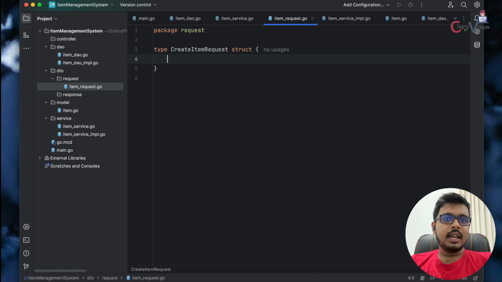When we are creating the item, we will pass what? Only name, right? Because ID is generated automatically. Okay, then